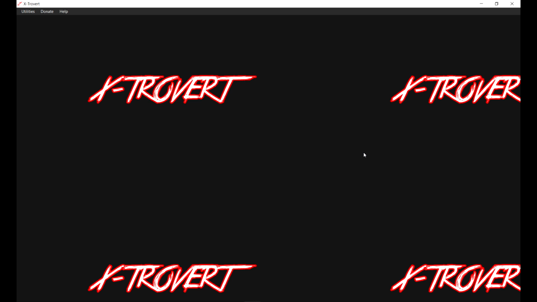Today I'm going to be talking about a program which I've developed called X-Trovert, which is a simple program which will help you to convert textures to WWE 2K22 format. Alright, so if you click on the Utilities button, you'll notice that there's two options. The first is to rename textures using the 0014 file, and the second option is to convert textures to the